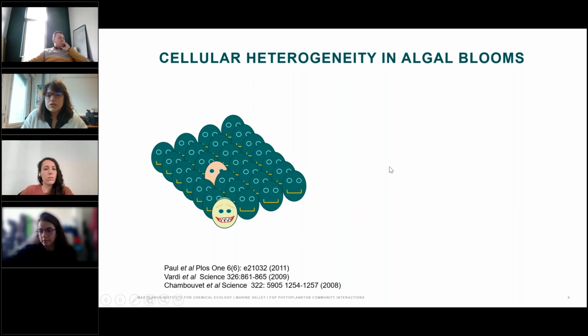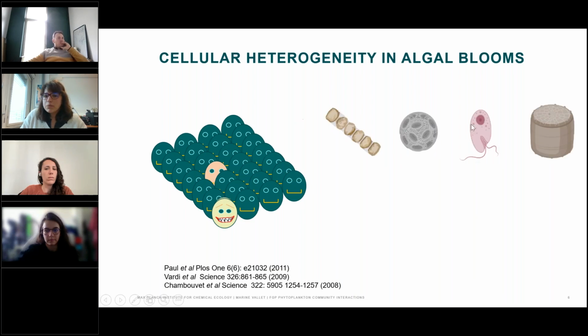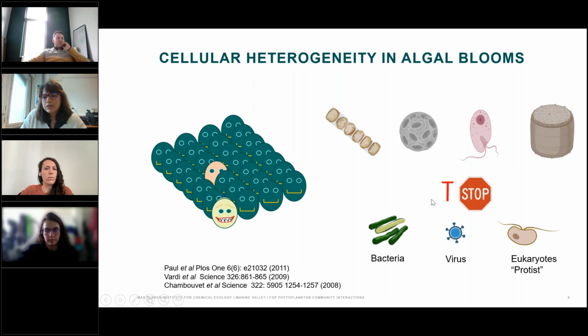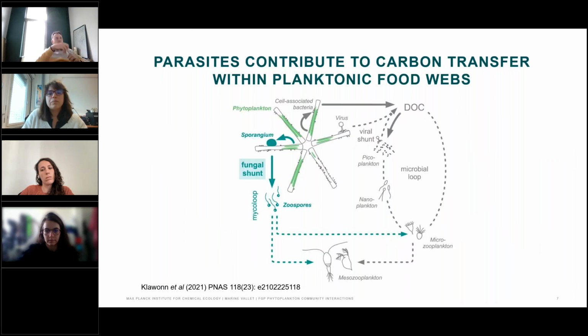For instance, some of the algae can become infected and might actually be intruder cells. We have the example of algal models we work with in the lab, and pathogens such as other opportunistic microbes can infect these cells. For instance, bacteria, viruses, or other single-cell eukaryotes that we put in the group of protists. But nonetheless, protist is of course not a taxonomic clade. You will see now some examples I work with.